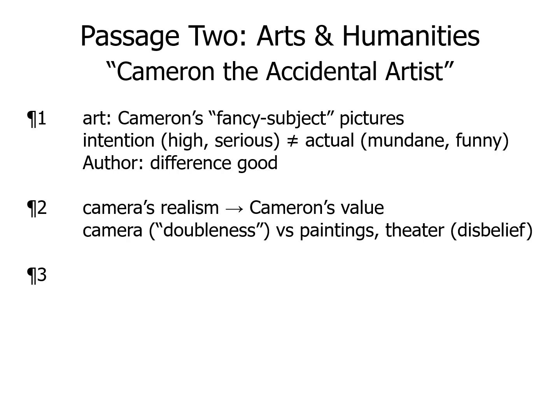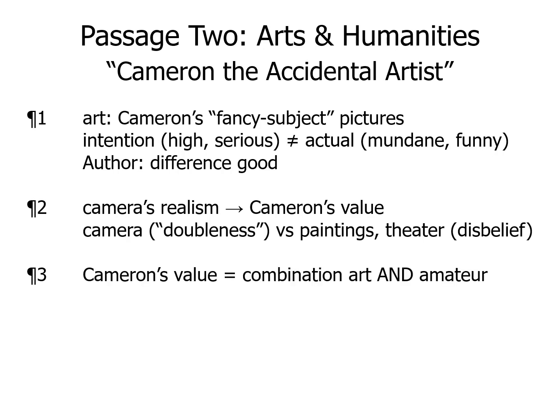And the third paragraph continues this discussion of what's valuable about Cameron's work, here calling it the combination of the artistic elements and the amateur elements. And in order to explain that combination, they give an example, her picture of the passing of Arthur. And it illustrates what they just said, that her value lies in the combination of the artistic parts of her work and the amateur parts. And that's pretty much it.